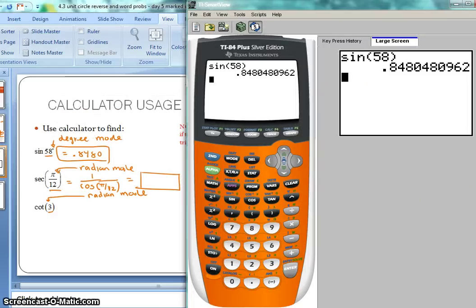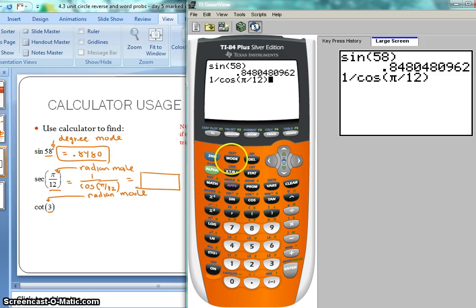Okay, so now we are back at the calculator, and I want to find secant of pi over 12. So using the reciprocal identities, it's 1 divided by cosine of pi divided by 12. So to get to pi, you'd use second, and then the pi symbol, divided by 12. And you don't have to close your parentheses. And so 1 over cosine is how we get secant. So you do need to know those reciprocal identities. So right now, if I pressed enter, I'd get the wrong answer because I was in degree mode